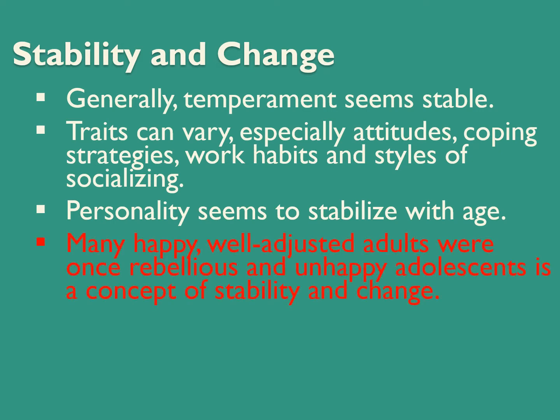that stability and change. There is a time period we have to exclude, and that's the teenage years. During your teenage years, you could be just hell on wheels, the most rebellious person that there is, unhappy, ticked off, the whole thing, and you can still become a well-adjusted, happy adult. And we've seen it many, many times. Because of the hormonal changes and so many physical, emotional, psychological changes that take place during those teenage years, we exclude that time period in understanding our temperaments and our personalities overall.